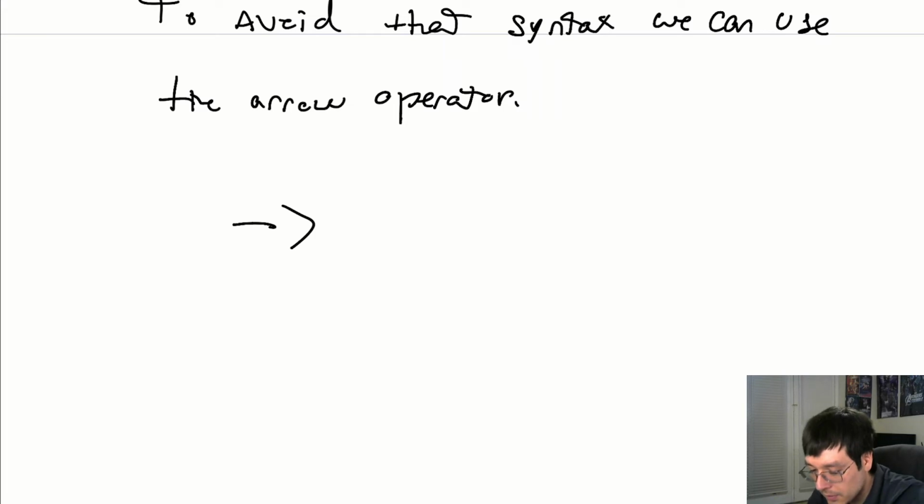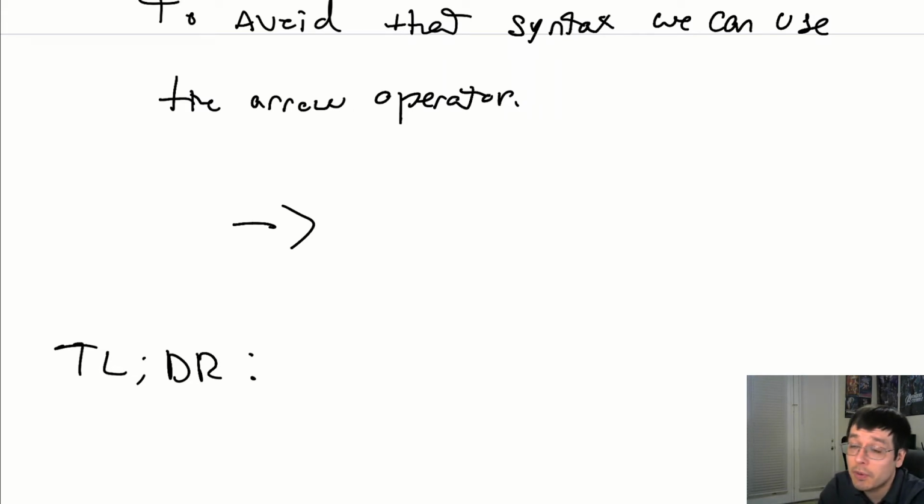I have this little note down here. I wonder if I can copy paste it. No, I don't have it. I'll just write it manually. I have my TLDR, or I guess it should be too long didn't watch, so TLDW for this lecture. Well, actually no, because we also talk about pointers. But at least for the arrow versus dot, it is going to be